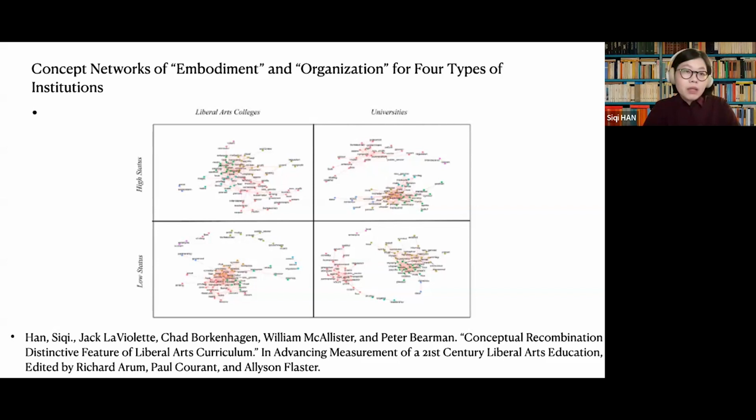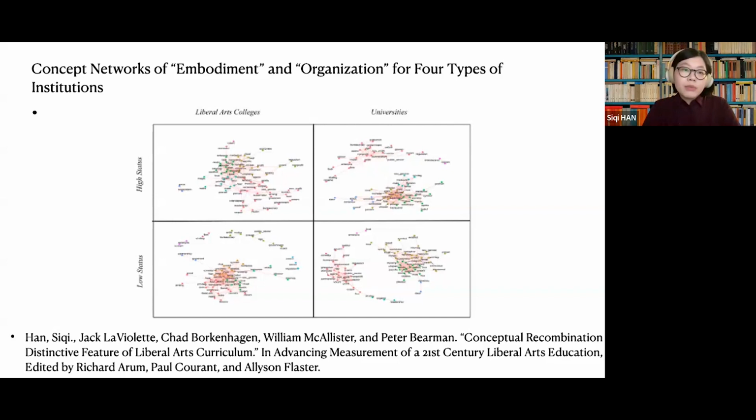It is no wonder that the upper left one is a higher status liberal arts college. It is the mission of this kind of school to offer an integrated interdisciplinary curriculum to their students. So there's a higher chance that these unrelated concepts can be recombined in their curriculum, more so than in other